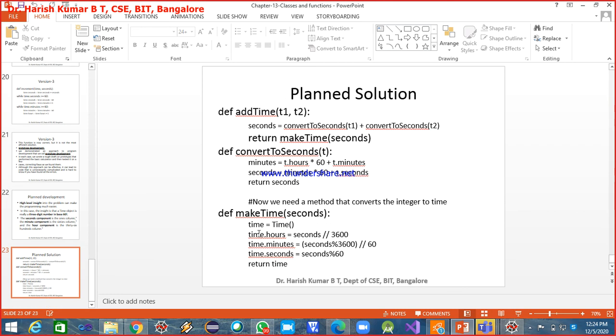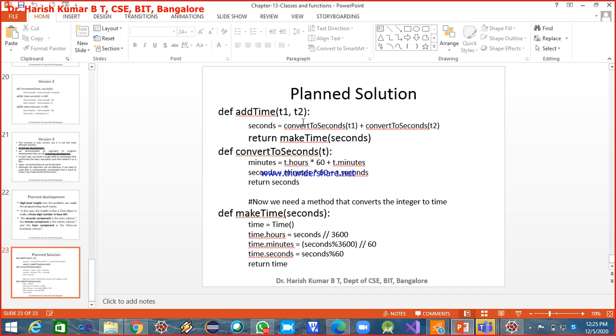Now, see here, add time: convert to seconds. I have another function for converting it to seconds, and then make time is one more function.